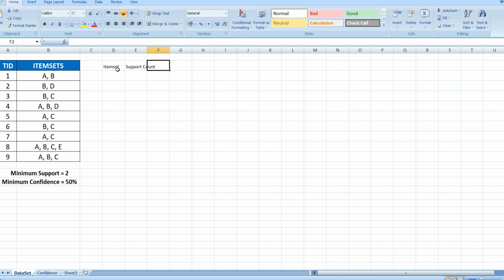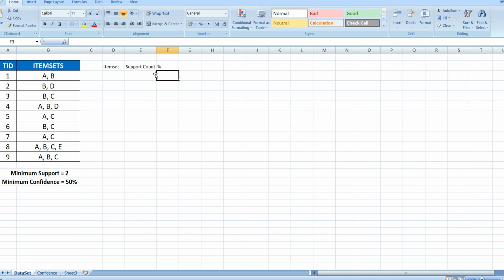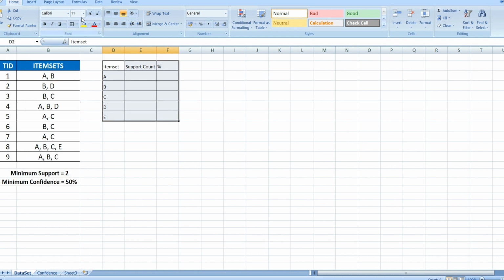We are also going to look at the percentage or the decimal position of the support. So let's identify unique items that are in our data set. We have got A, we have got B, C, D, and E. So once we have identified the items in our data set,